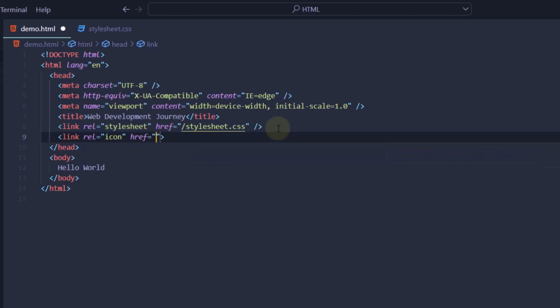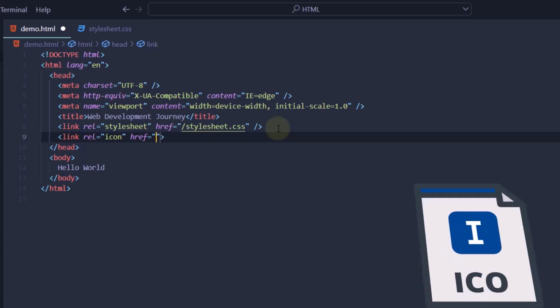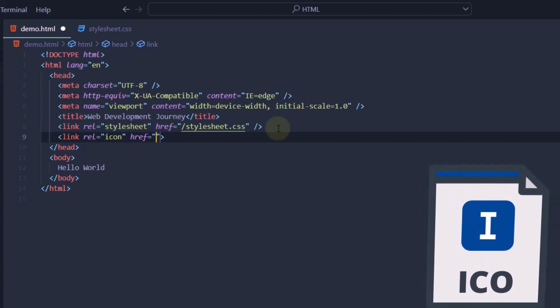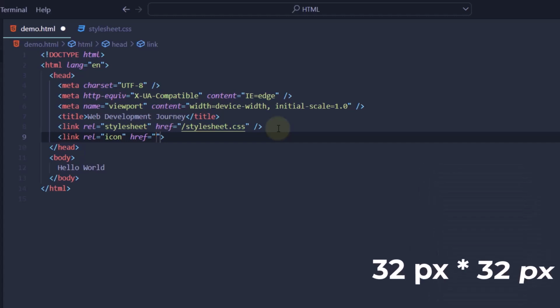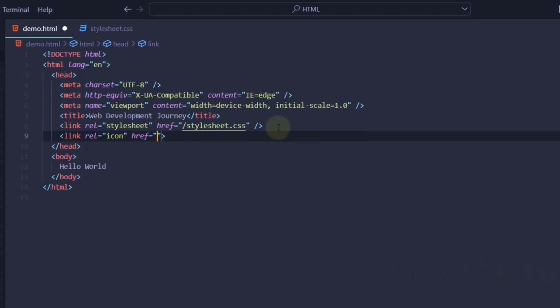Now when attaching an icon, you must keep a few points in mind. The extension of the image that you're using as an icon must always be .ico, which stands for icon. The size of the image should always be 32 by 32 pixels, and the image should be of high contrast for better visibility. Now, if you want to create new favicons, then you can head over to zarla.com,